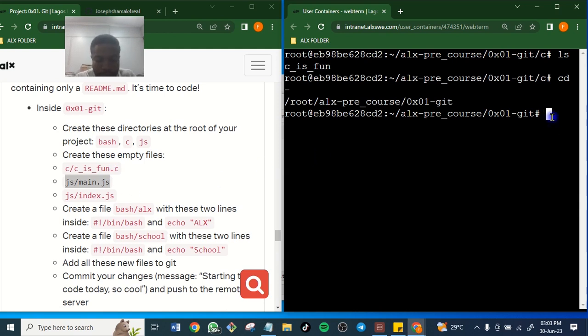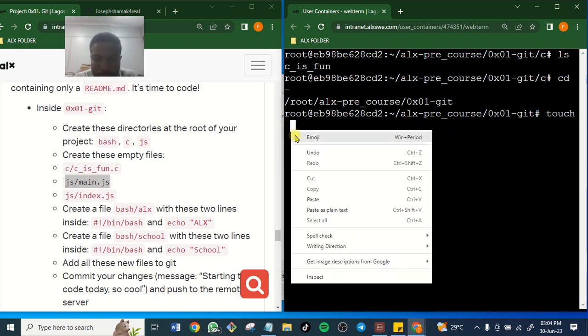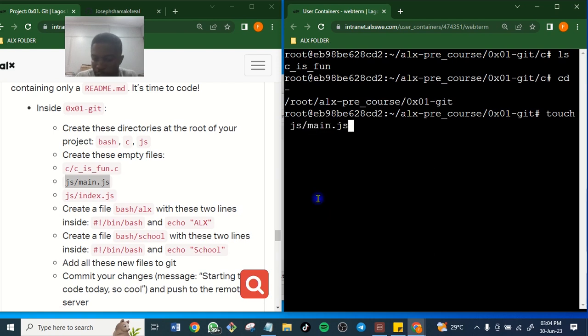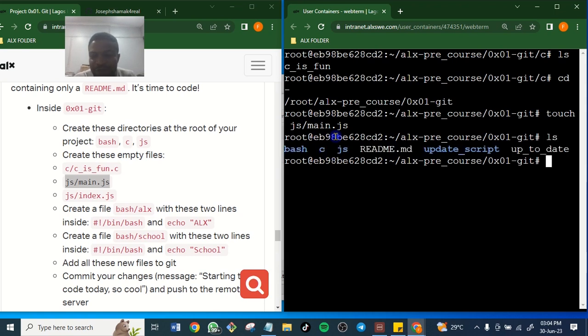Touch what? Let's touch what? Touch. Let's paste this here. I asked to paste to make it touch. We can equally make the two of them at the same time, since they are the same language, but let's just leave it for the newbies. Enter. It has been made. Let's check whether it's there. You can never find it. It's not there. JS, it can never be there.